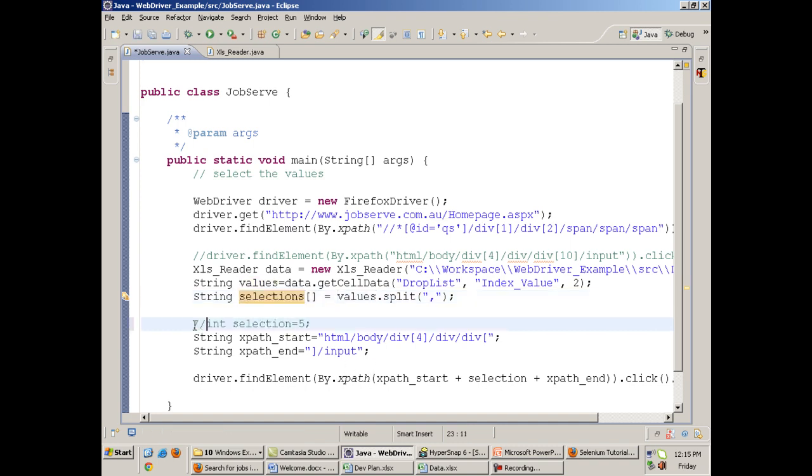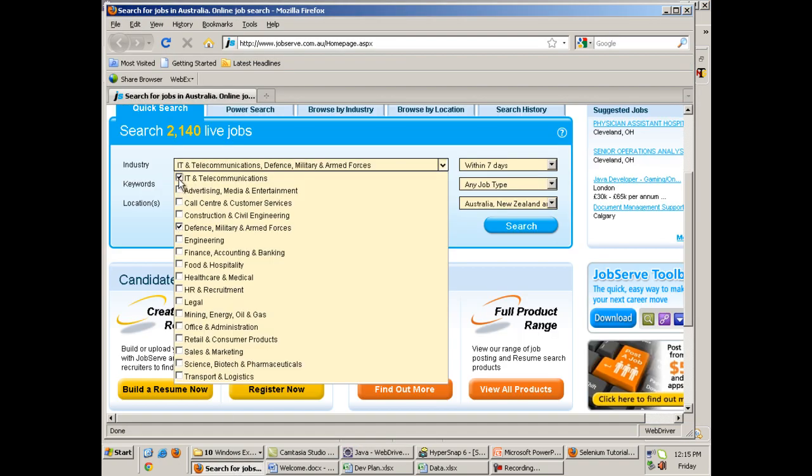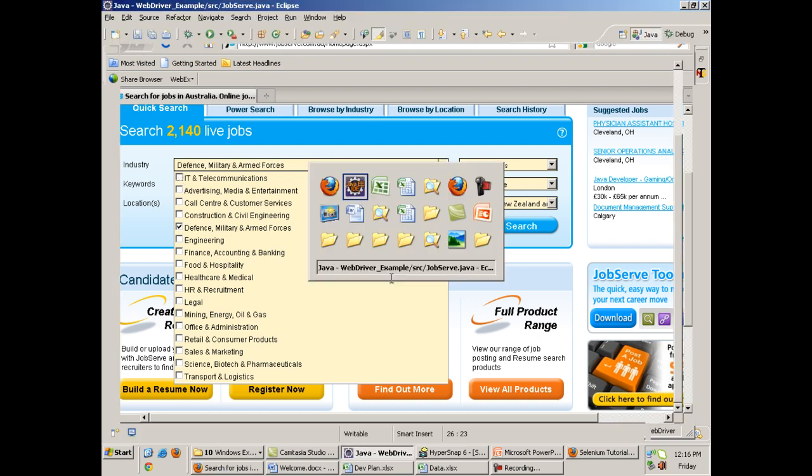Now I don't need this integer anymore, and what I will write is a for loop here. For int i equals 1. Why 1? Because the first checkbox is at the first index in the XPath.